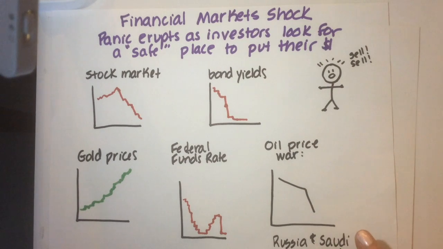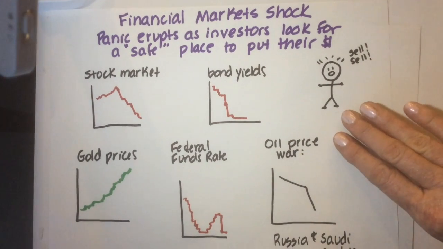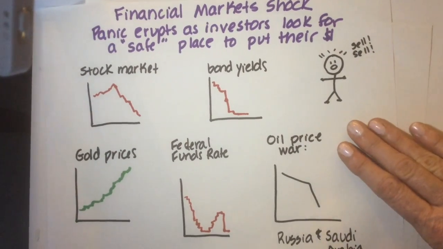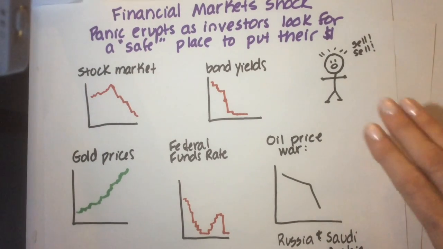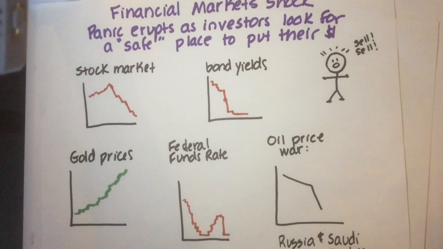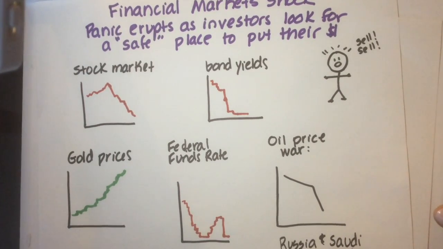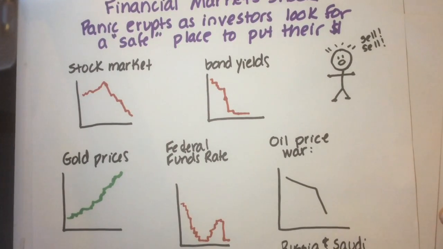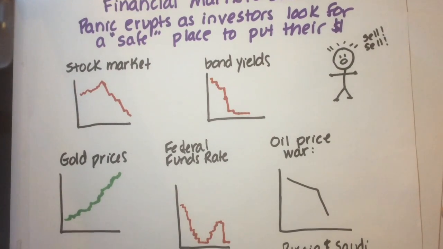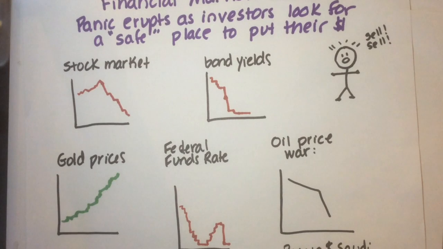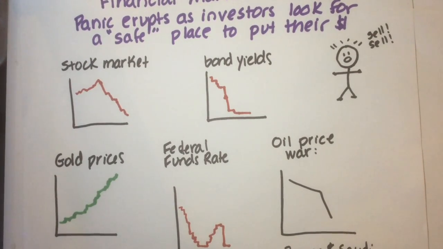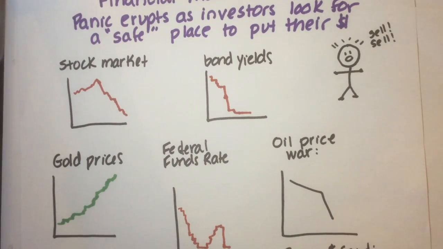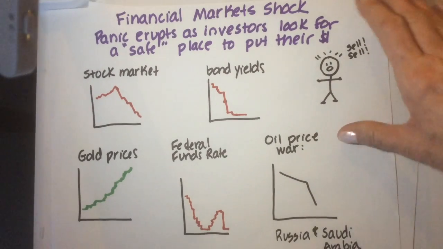Now, in oil, we see Russia and Saudi Arabia, who act like a duopoly. Saudi Arabia, representing the OPEC nations, starts an oil price war at the same time. And what that means is plummeting oil prices. You can see this represented by a kinked demand curve here, which is the sell-off that takes place when two players in an oligopoly type market start a price war. It's bad for everybody. You would think that falling oil prices would be good, but a lot of countries that depend on oil, like Mexico where I live, are very hurt by that. So oil is at its lowest price in the last number of years.